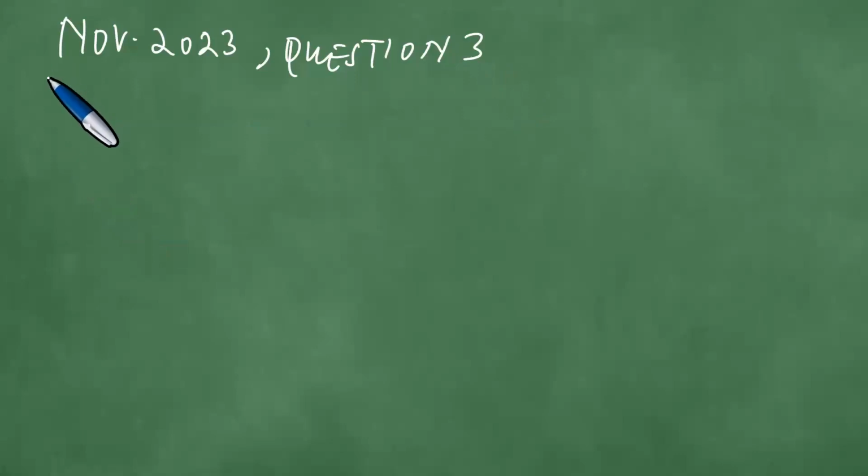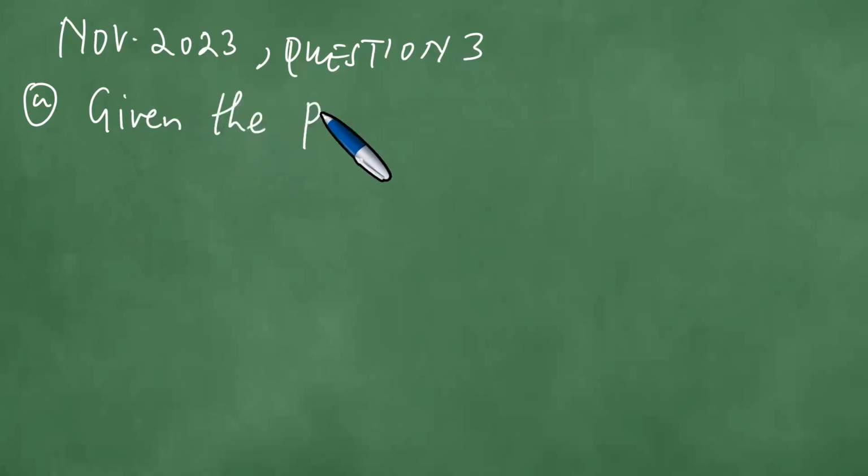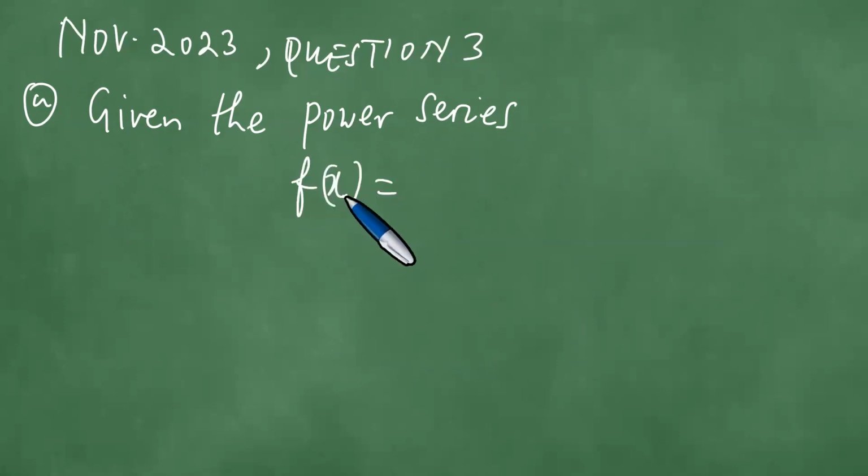All right, so now we are given the following. It's a very nice little question, but it came in this exam. Given the power series, we've done a lot of this, and I'm sure that it should be very easy to do at the moment. Given the power series f of x equals 1 minus x cubed,